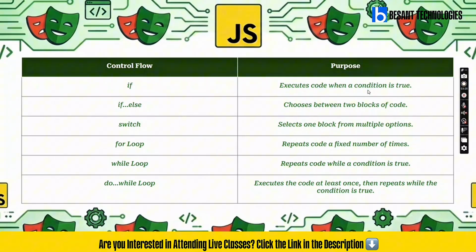An if condition is the one which executes only when the condition is true, correct? If else has two blocks. If the condition is true, it goes into the if block. If the condition is not true, it goes into the else block. And we have a switch, which is nothing but checking one block for multiple